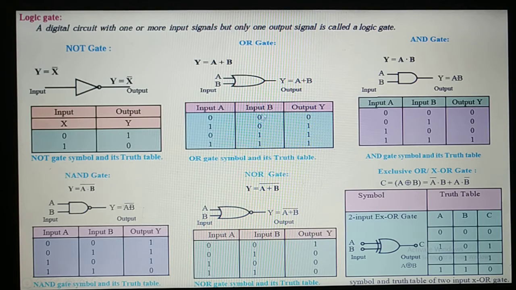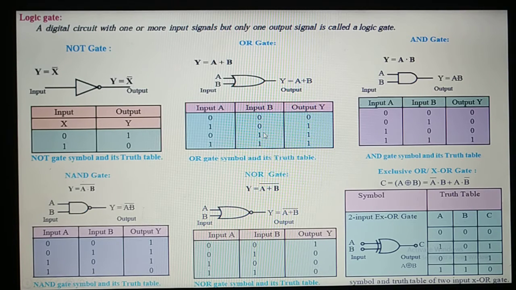So you don't need to mug up these things. There is a simple logic behind it. First, if you take 0 0, this whole represents 0. Let me try to explain it in a different manner. Or what I'll do, I'll take another session on this, to explain the 2-input and 3-input gates. It will be out of your syllabus, but it will be fun to understand. Instead of mugging up things, you will understand the logic behind these signals, why it is 0 1 0 1, 0 0 1 1.